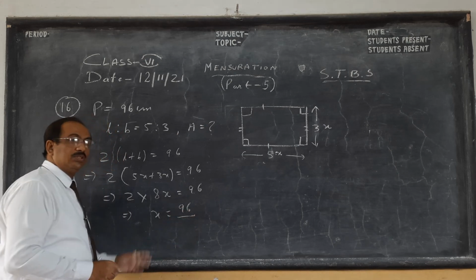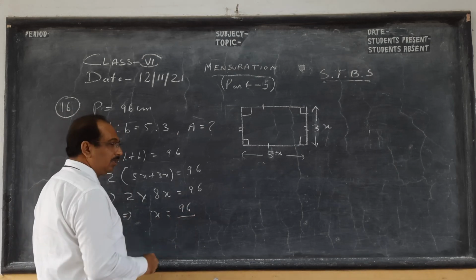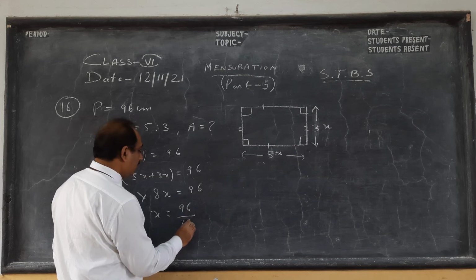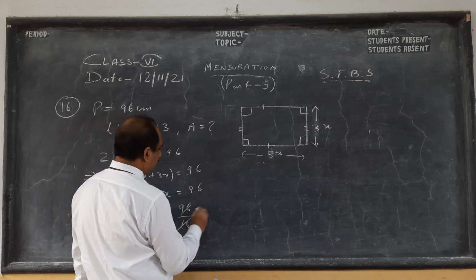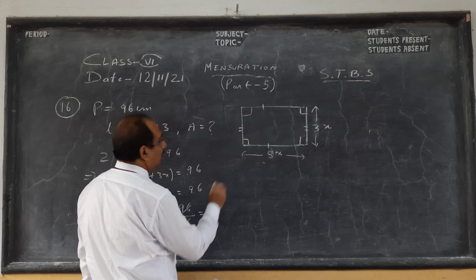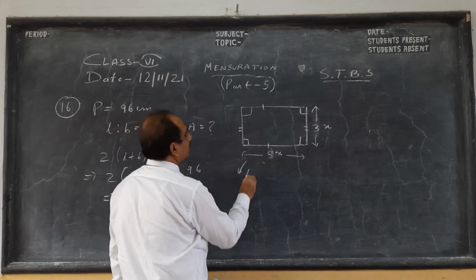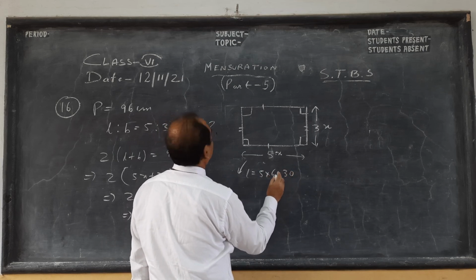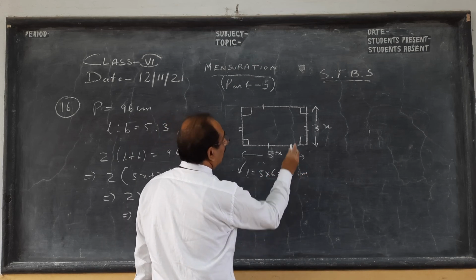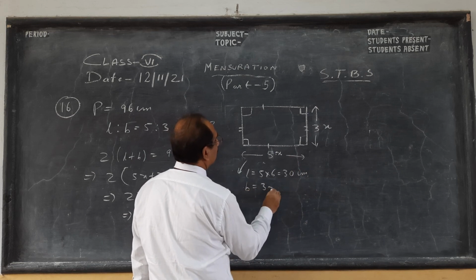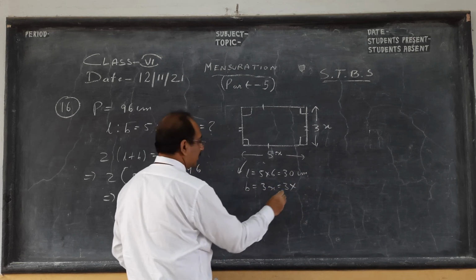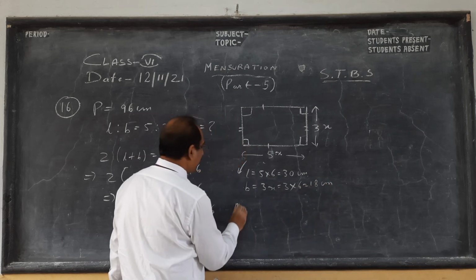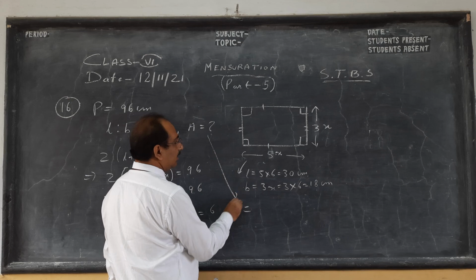I have taught you this in simple equation. I made, I think, 4 or 5 in fact video lessons on simple equation. See how maths is interconnected, children. x is 6. So what is my length, children? 5x will become 5 6s are 30, centimeter unit. And breadth is 3x. So it will become 3 times 6 because x is 6. We get 18 centimeter. So if you want to find the area, this is what the question is saying.